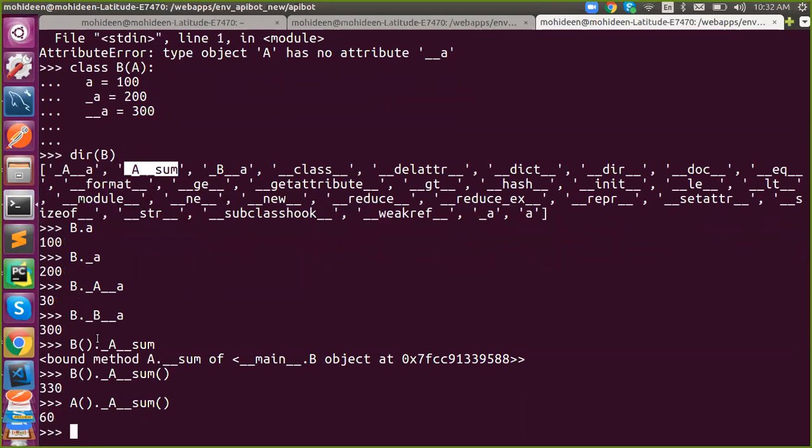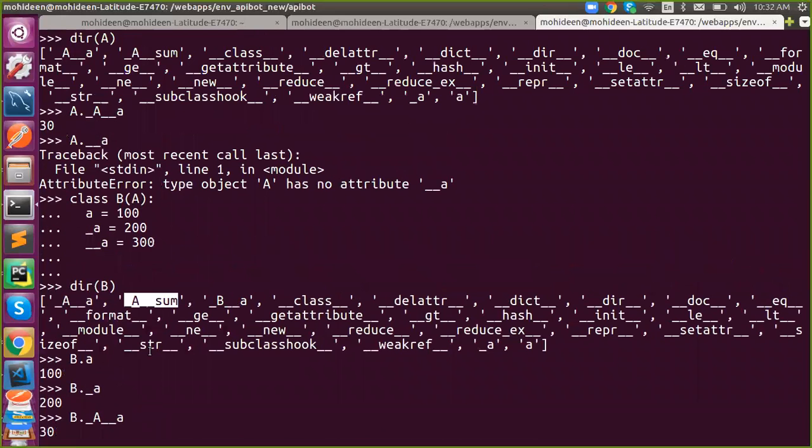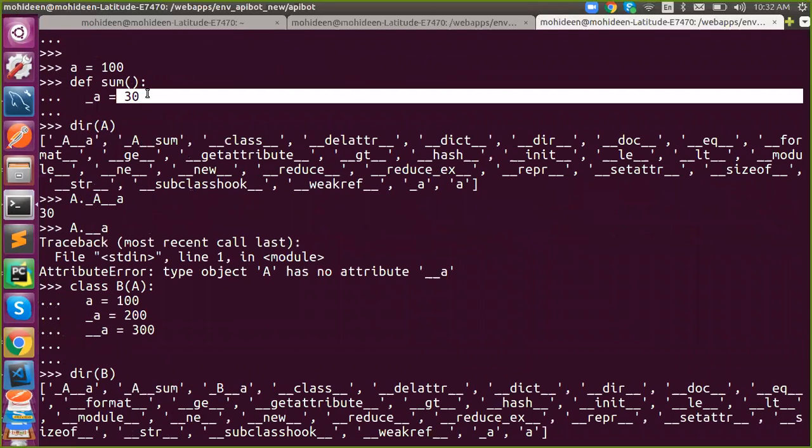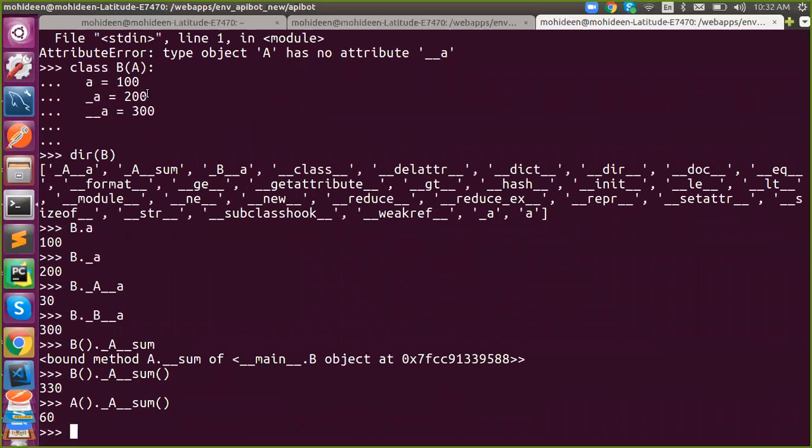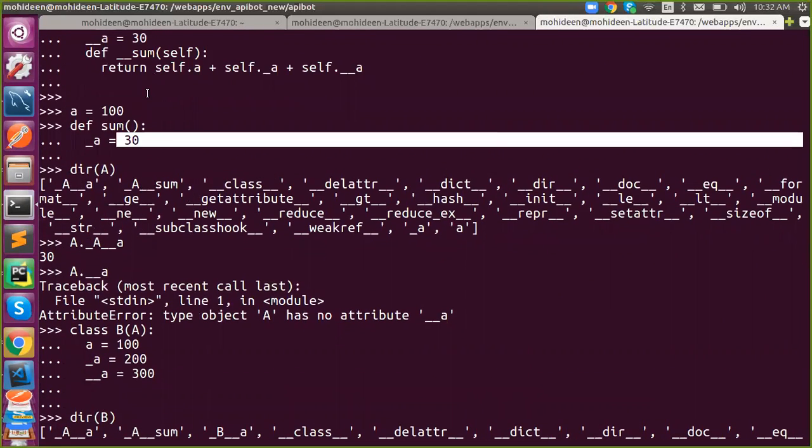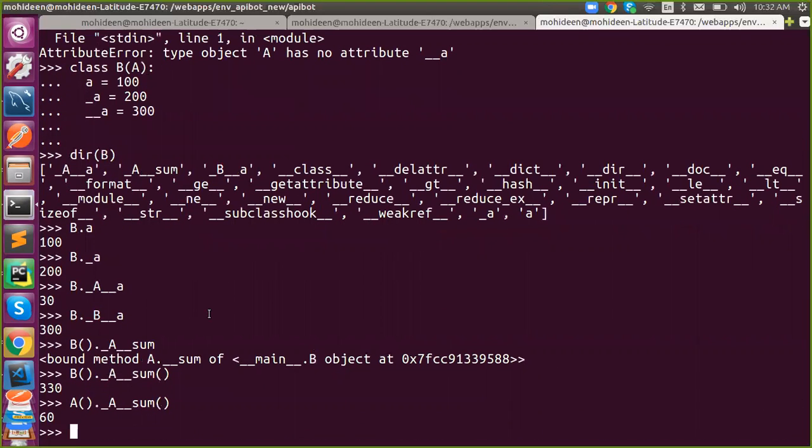But here it receives 10, 100 plus 200 plus 30. I told you the value won't be overridden, so it receives that. Understand? This is called mangling.